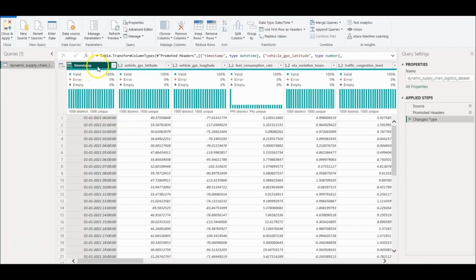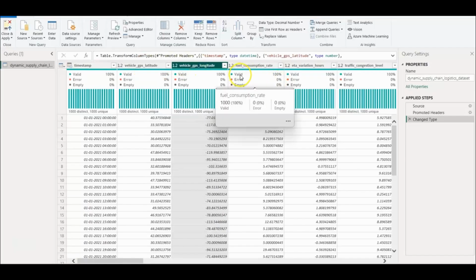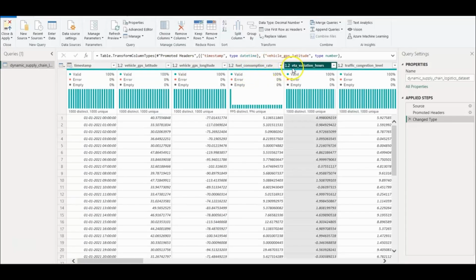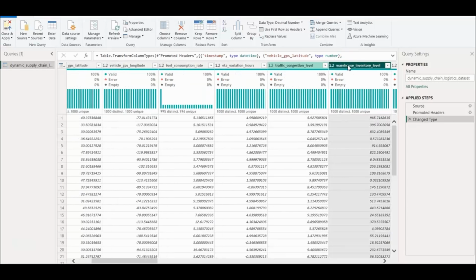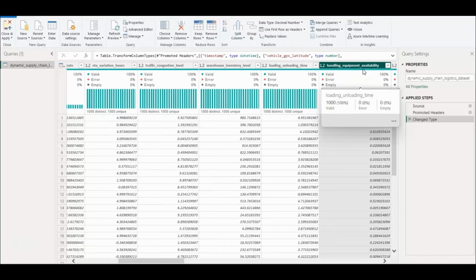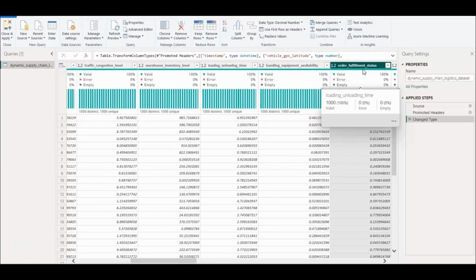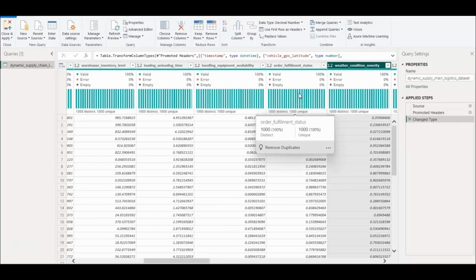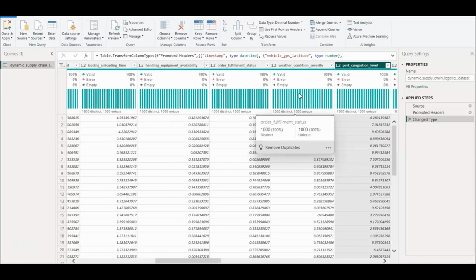Okay, so here we have our timestamp. The next is vehicle GPS latitude and longitude, that's the vehicle location. Then the fuel consumption rate, ETA variation hours. ETA is the estimated time of arrival, and the variation in the ETA is shown here. Traffic congestion level, inventory, that is the amount of quantities remaining, that's the warehouse inventory level, loading and unloading time, handling equipment availability, then order fulfillment status, then weather condition, the severity of the weather condition, port